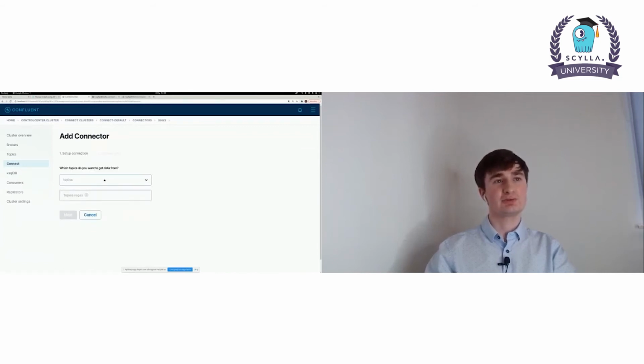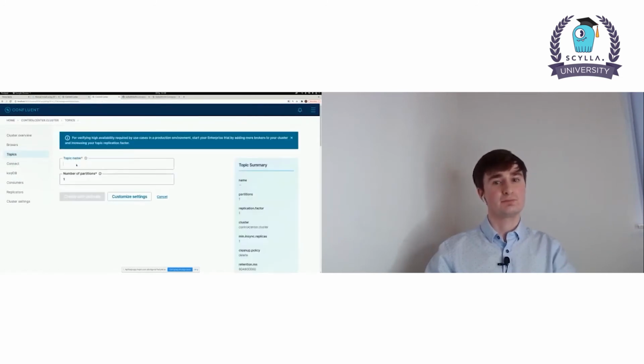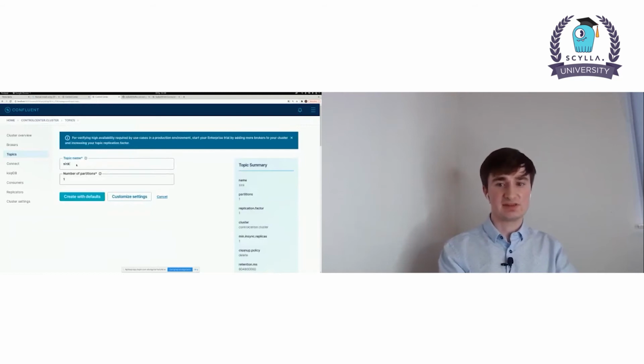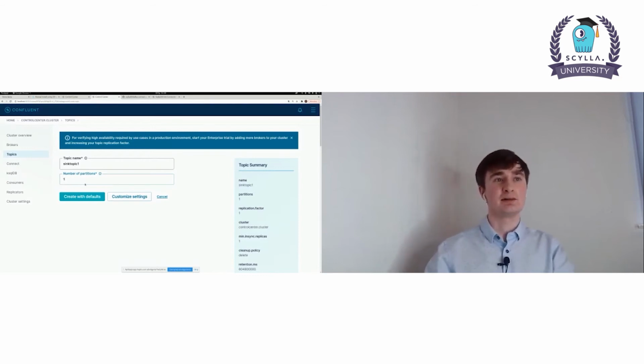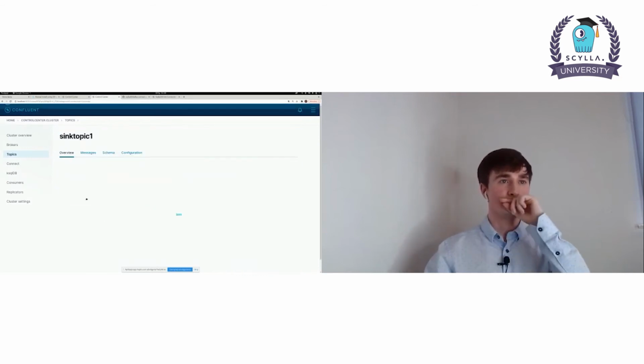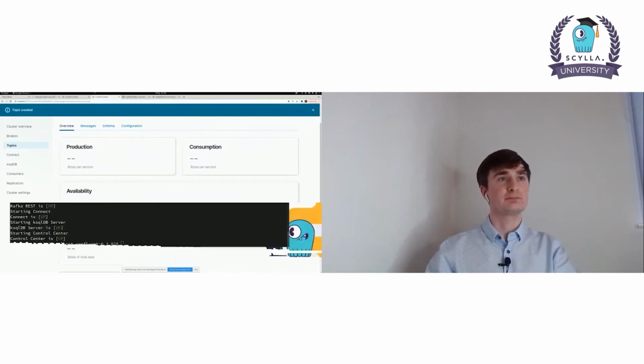First of all, you have to specify which topic to gather data from. And this is what we'll do. We'll create a new topic. We'll name it sync topic 1. Below, you can specify the number of partitions. So if you wanted to have a higher throughput, you would specify a larger number of partitions. So the topic is now created.